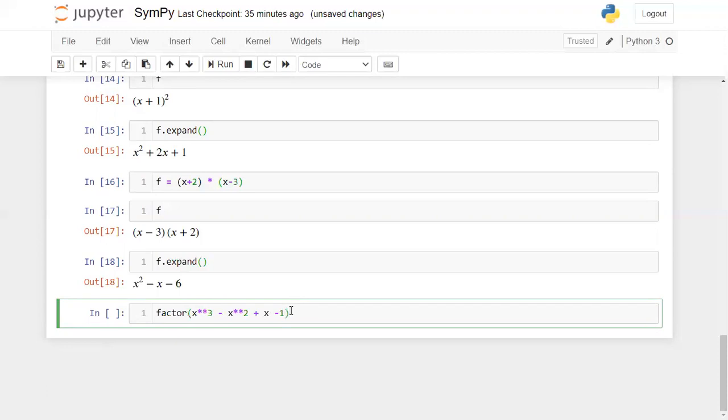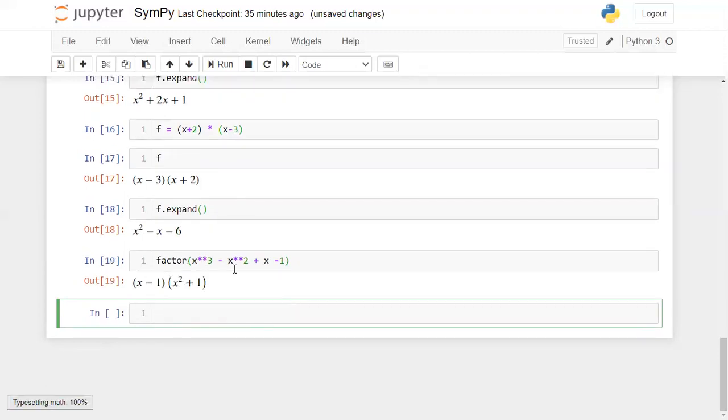When you write factor of this expression, it will give you the factors of that given expression. Okay, so this is how you can simply solve your equations. These are some of the examples.